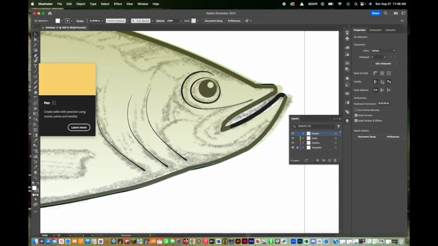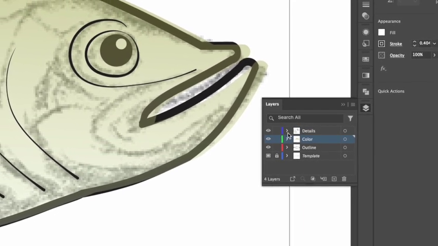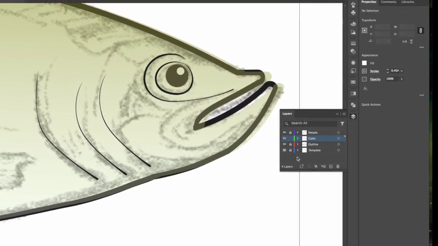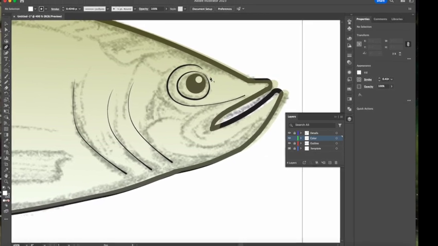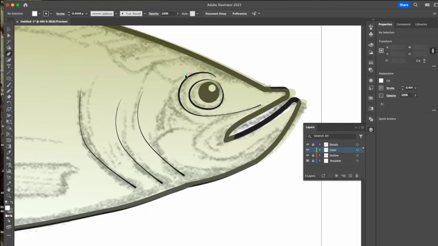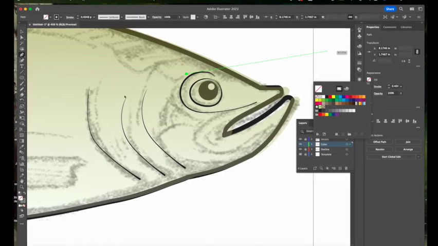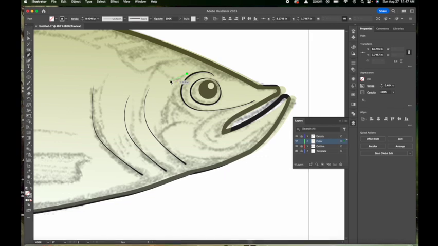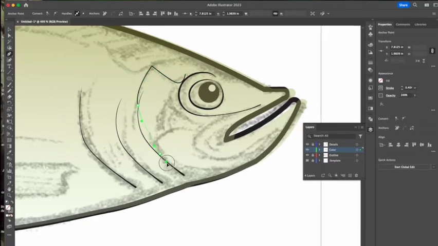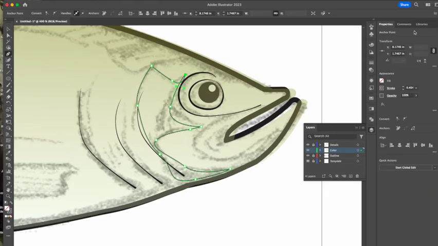The trick to coloring stuff is you go to this color layer, and we're going to just lock the details. These little lock things are great if you don't want to accidentally move your thing like I did. You just lock them, and when you're in color mode, then you can draw. Let's get rid of the fill right now. You can draw like this little splotch here. You can then do a fill in it,